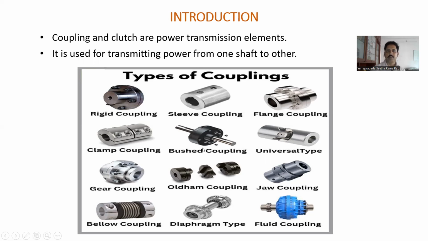The bush coupling is one example, which will absorb shocks and vibrations. The universal coupling connects shafts which intersect at some angle. And there are the gear coupling, Oldham coupling, jaw coupling, bellows coupling, diaphragm type, and fluid coupling. These are the various types of couplings here. Now,